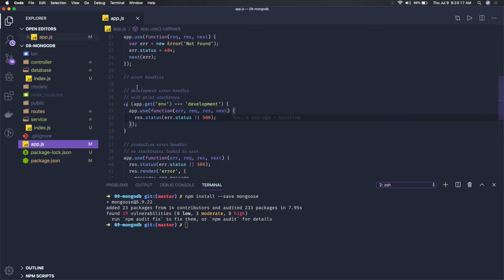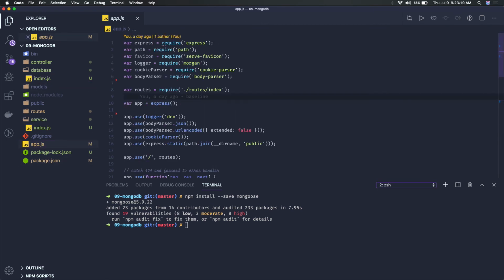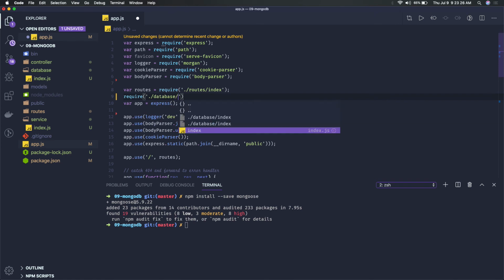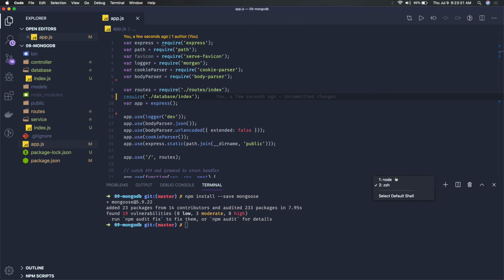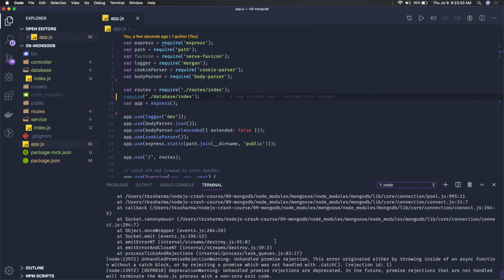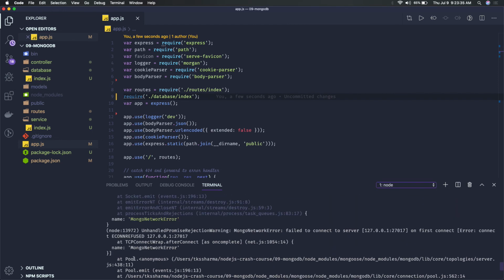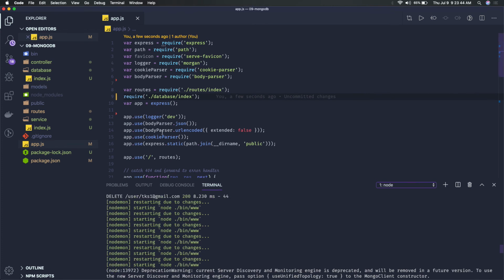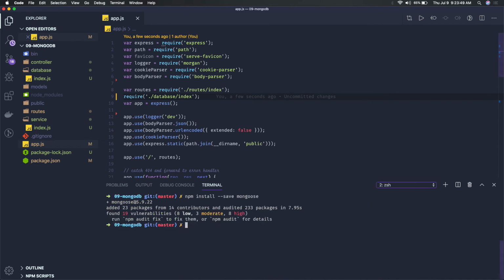So in app.js, on top. Now when you see this, we are getting an error because we are not able to connect to the particular port it is looking for. It's a Mongo network error, right? So we just need to have a MongoDB running somewhere on that port. That is just the basic installation, how to get started with MongoDB.